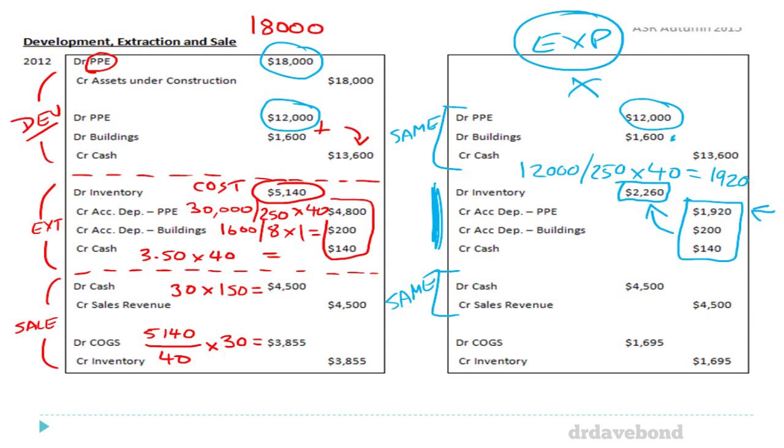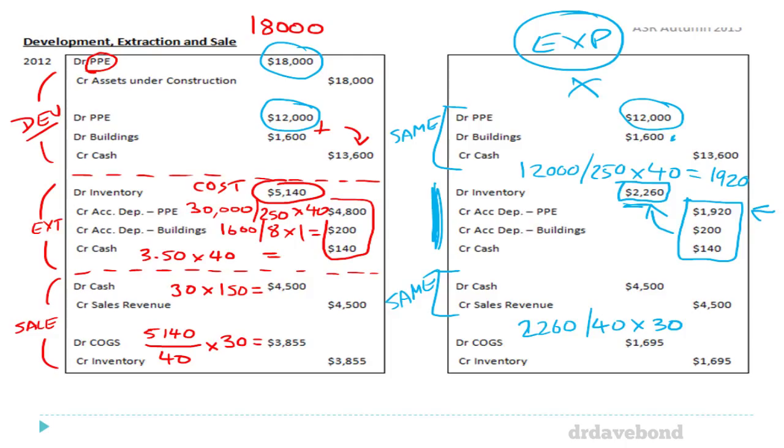Doesn't matter the cost structure and how you've dealt with them, the sale is going to be the same. And cost of goods sold and inventory is going to be a little bit different because we're dealing with a smaller inventory level. It's 2260 divided by 40 times 30. So 2260 divided by 40 times 30 will give you 1695 as cost of goods sold. And that's